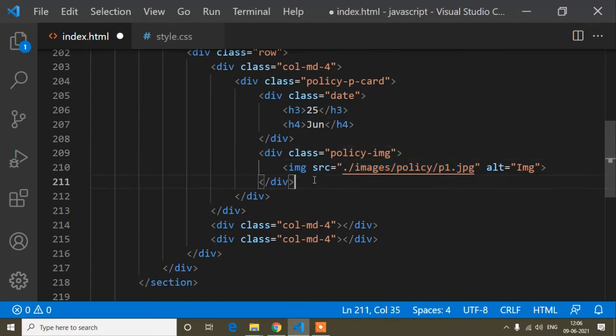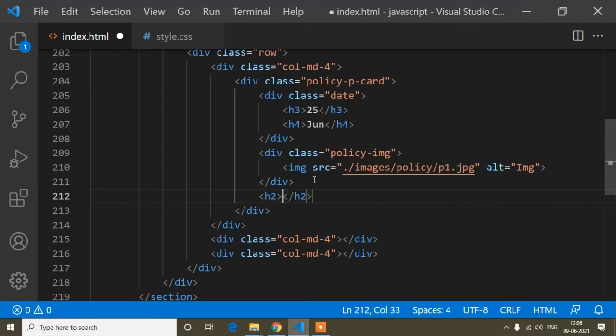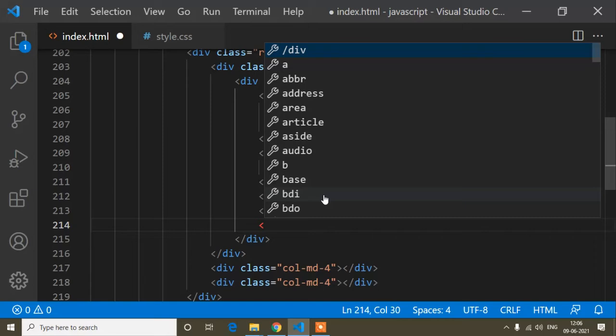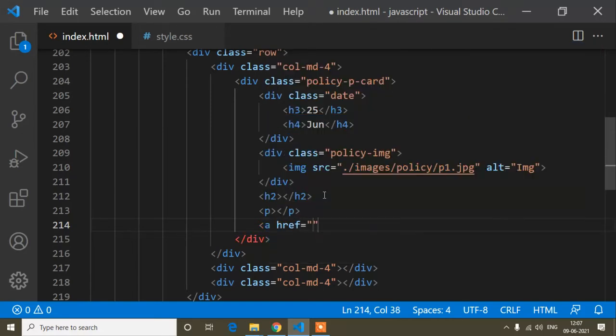And now below this image tag, just here I will write an h2 and p tag, and I will create a button. So here first of all I will create a button, and after that here I will write the content for the h2 tag and p tag. So for the button I will use an anchor tag. You can write a button also, but here when I click this button, it will redirect to the next page, but I will not make this next page. So when we create this type of button, which will redirect to the next page, at that time we use an anchor tag for creating the button.